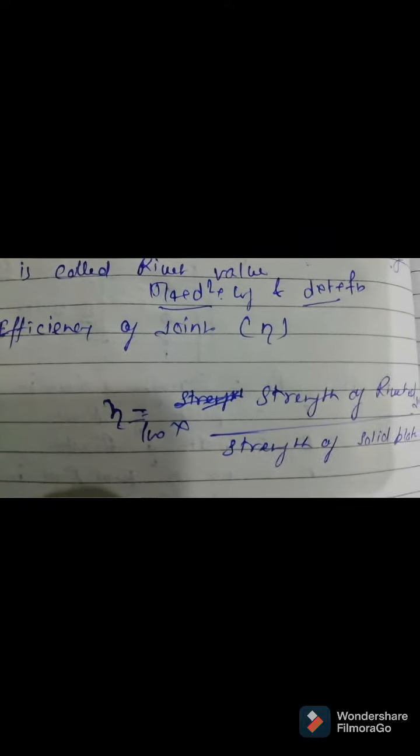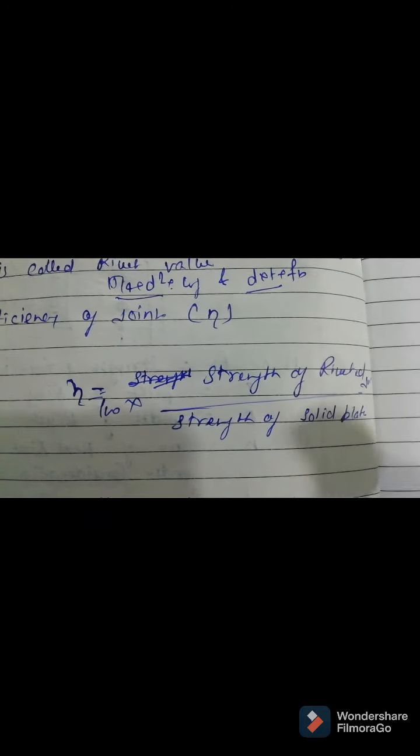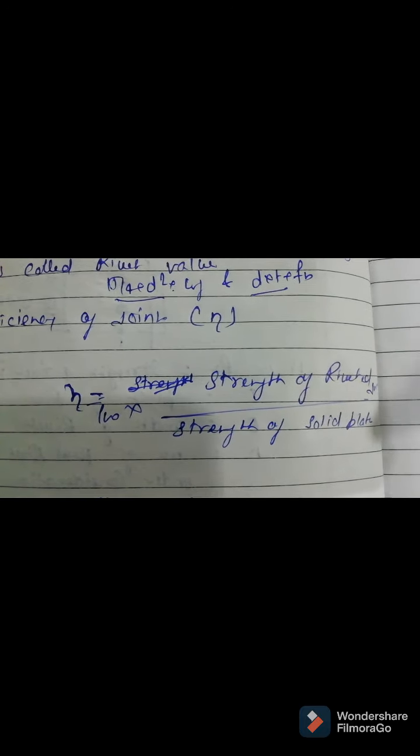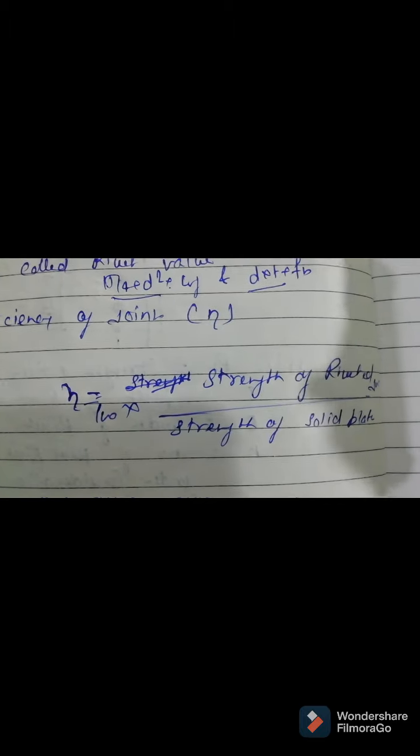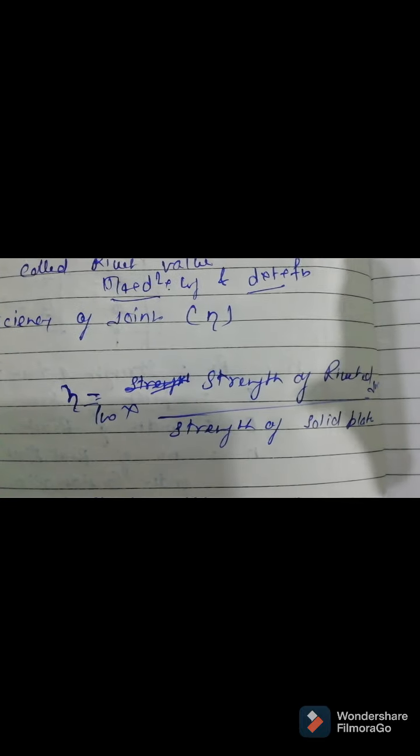Okay, now efficiency of joints. Actually, what is the efficiency? When you are going to design any member, where is the joint? We provide joints where it's not possible to extend that length, or we do not have a member of sufficient length. So we add that member by using connections, so we increase the length by using the connections.